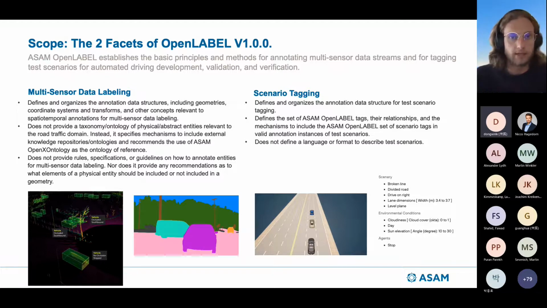What we do not provide in this use case is a specific taxonomy or ontology of physical or abstract entities. So we're not providing you a list of car, vehicle, truck, pedestrian, etc. But of course, that's a central piece of labeling, right? So what we do here instead is to specify mechanisms to include external ontologies or knowledge repositories where the semantics of the label is well organized and well defined, that can be pointed to from the specific annotation instance